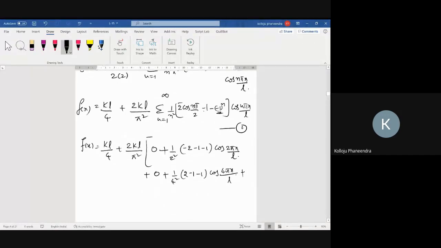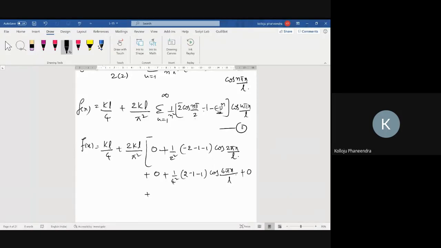See, n equal to 4, what is it? 4 cos 2 pi, yeah, positive. This is correct. Cos 4 pi x and so on. And one more, n equal to 5, anyway 0. N equal to 6, what is this? When n equal to 6,